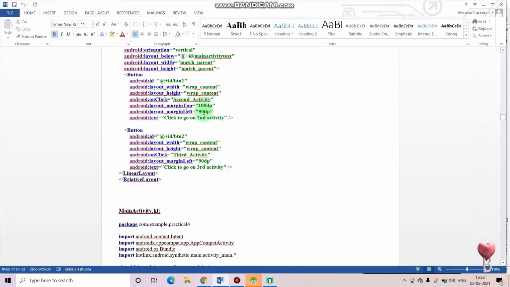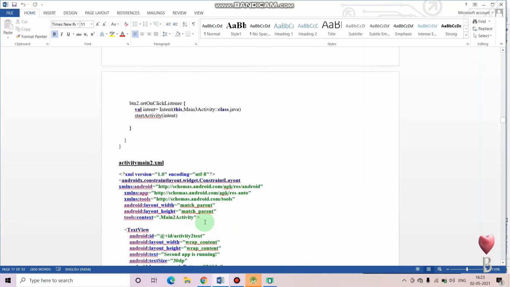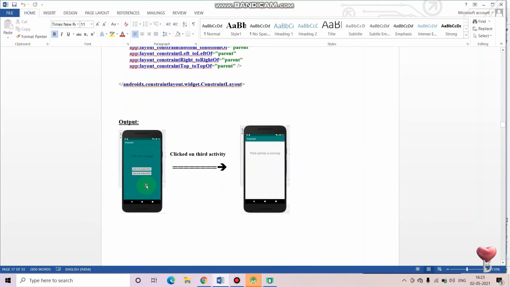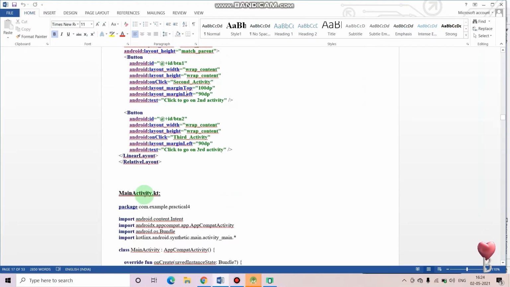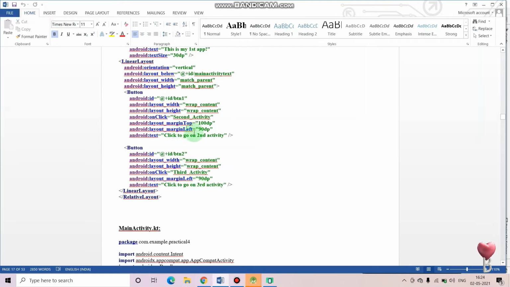I have kept it as I want it here below, 100 from here and 90 from the left side of it. Okay, not the right side, I am saying the left side of the entire content. Then I'll be giving it the text, that is click to go on second activity.